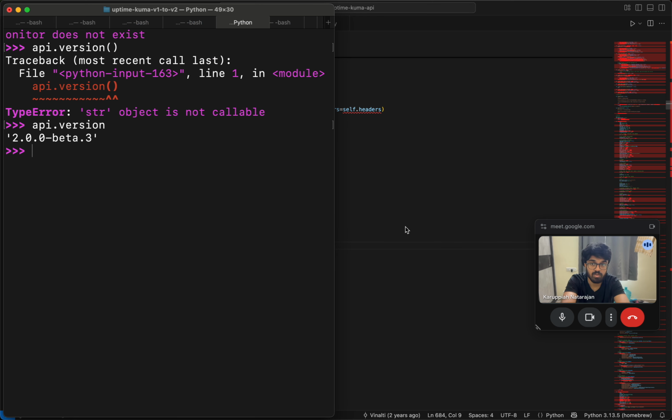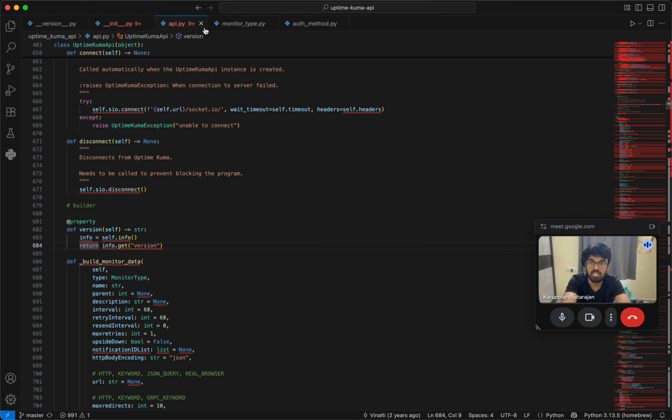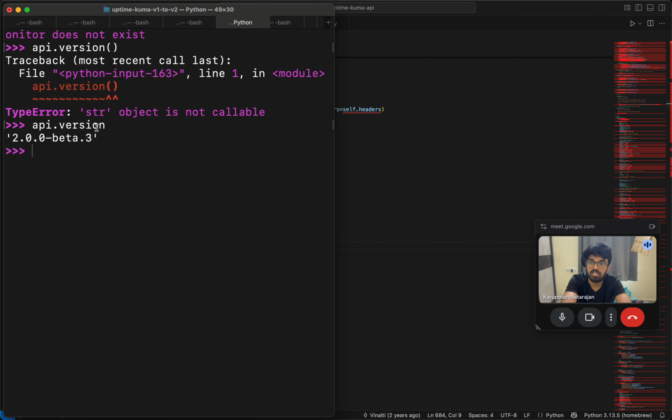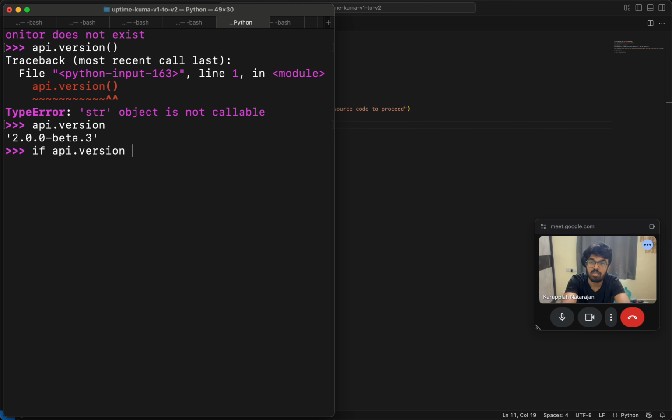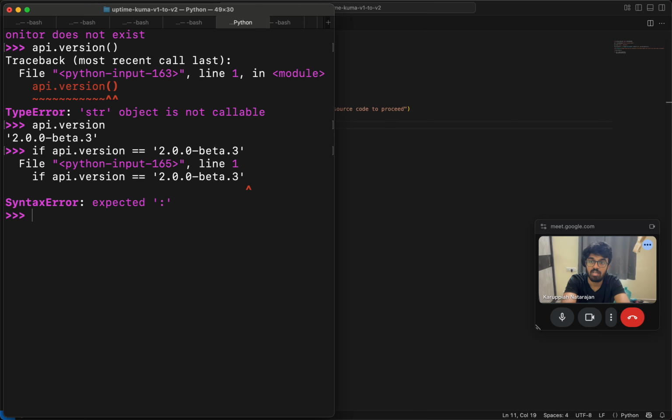So we can check out the version maybe. For example, I could connect to V1 and check it out. So maybe only if the version is 2.0 thing, then we can just do this. If your version is equal to 2.0.0-beta.3, so print grade,